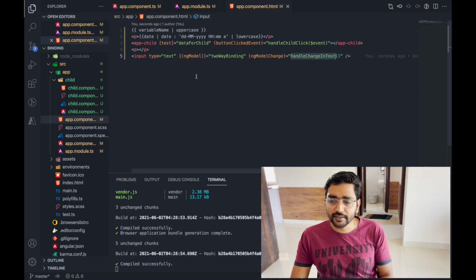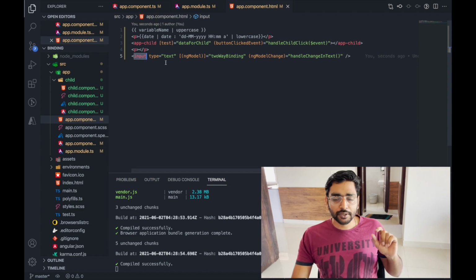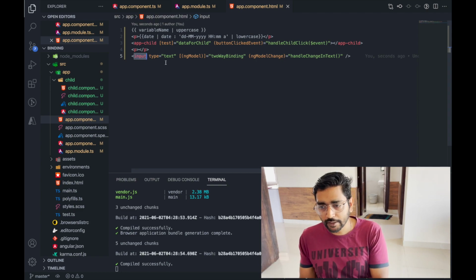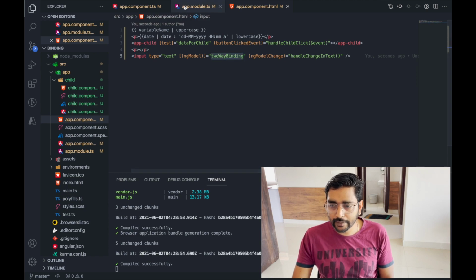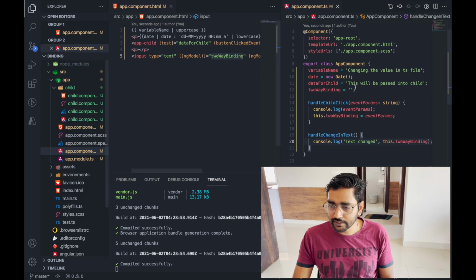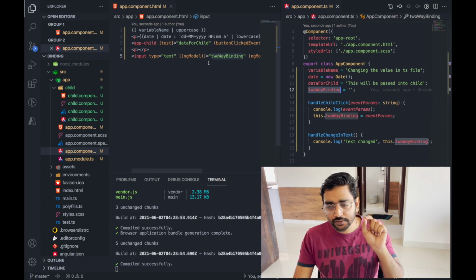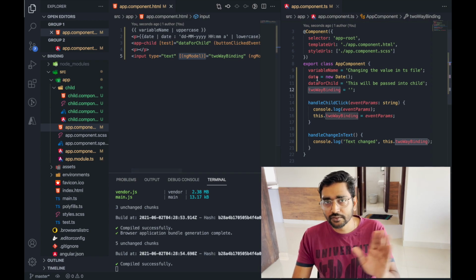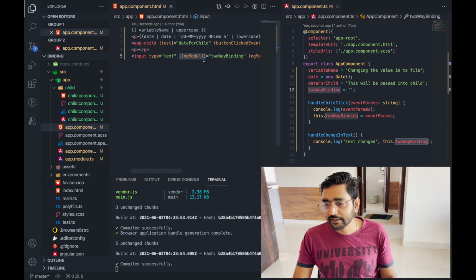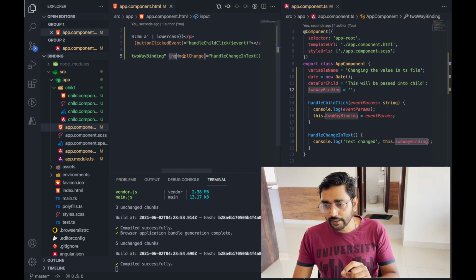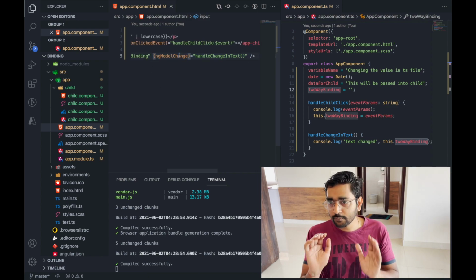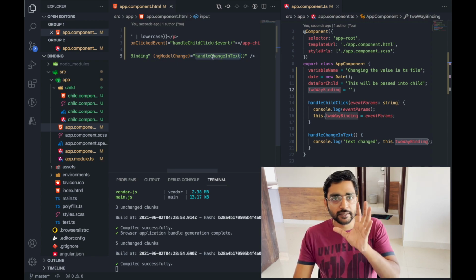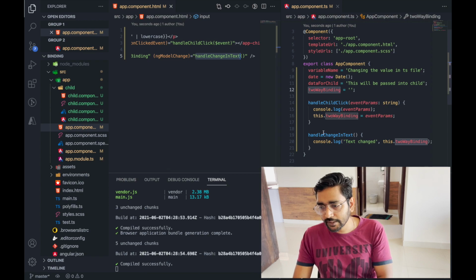Alright, in this case we are going to show the last kind of data binding, which is two-way. We are going to have an input box bound to a variable called two-way binding in the app component. If you see here, we have this variable two-way binding used in this one, but this is special. This is not just a square bracket where the value is transferred from the TS file to our HTML template. It's two-way binding. We'll see it right now. We also have an HTML file to TS file binding using small brackets, where whenever there is any change, the information will come to this method and we'll simply log it.